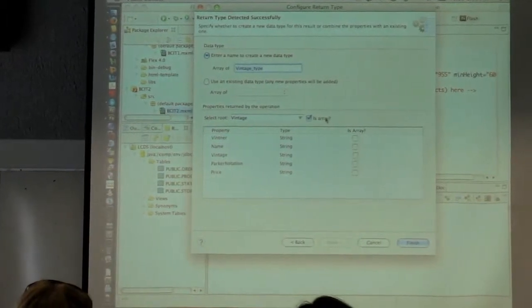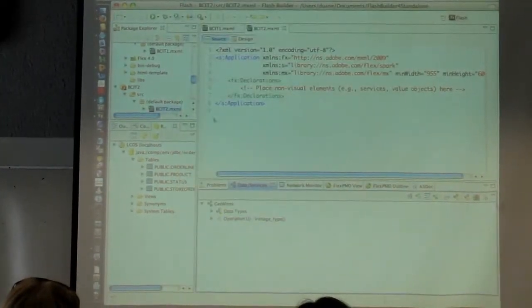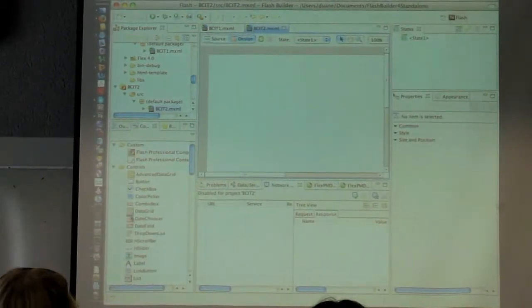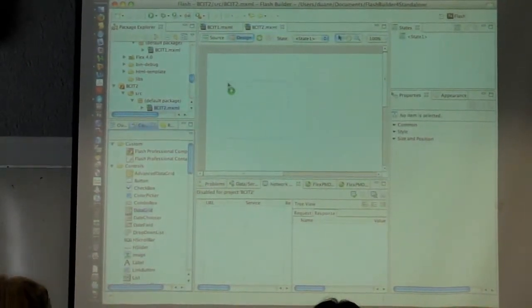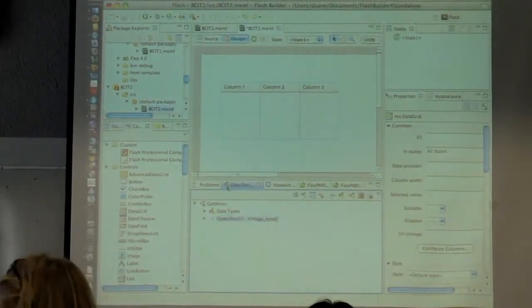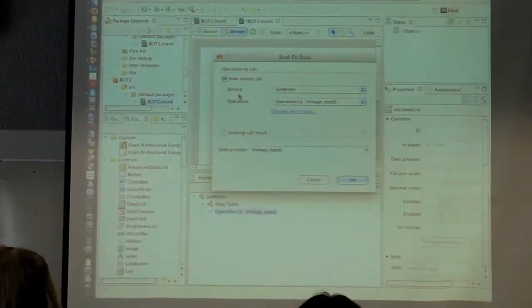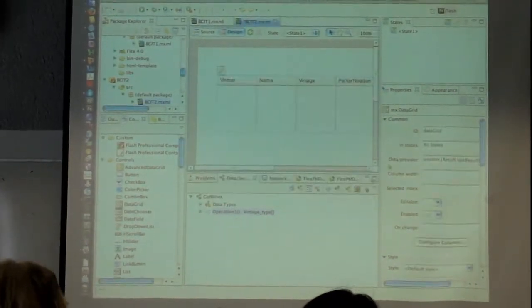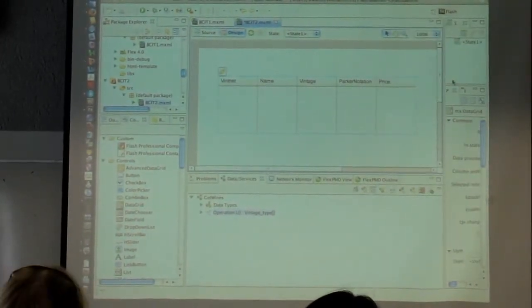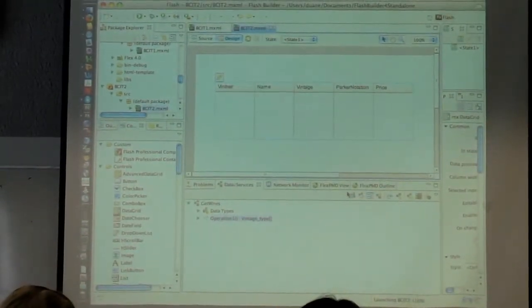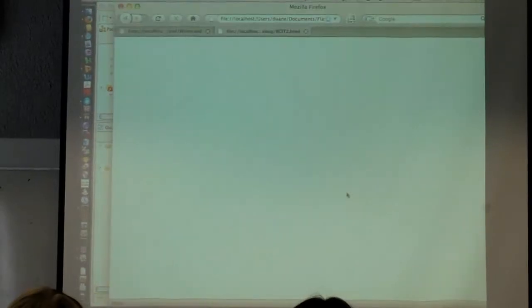And this will allow us to build a really cool application in very few minutes by taking a data grid, dragging it up here, going down to the services, dragging the service on there, letting it go, and it will ask us how we want to configure it. We want our array coming back. It configures this out, and I now run it, and it'll come back and give a list of wines